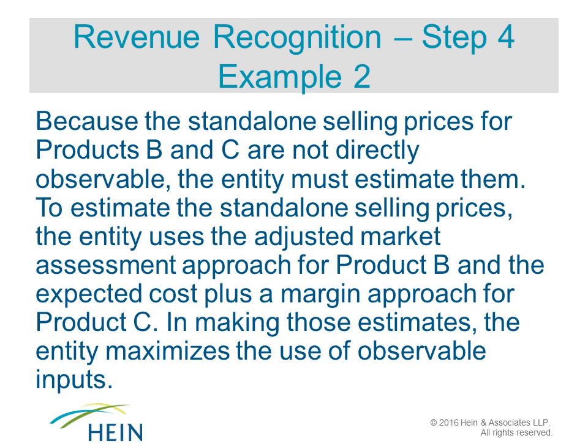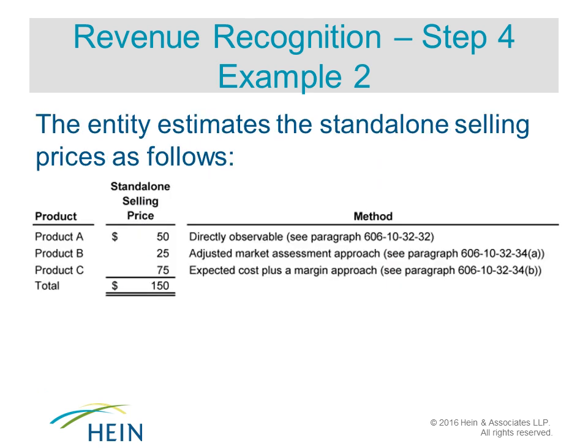Because the standalone selling prices for those products are not directly observable, we are still going to need to estimate them. To estimate the standalone selling prices, the entity has decided to use an adjusted market assessment approach for product B and a cost plus margin approach for C. In making those estimates, the entity uses all the observable inputs. So this shows you how those break down in the use of each of those different items. So we've come up with a total selling price of